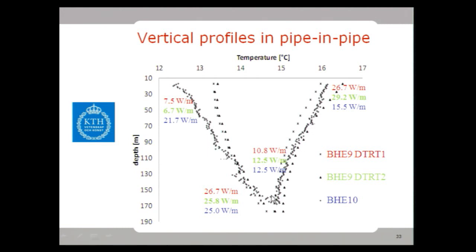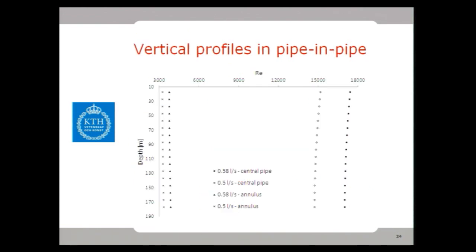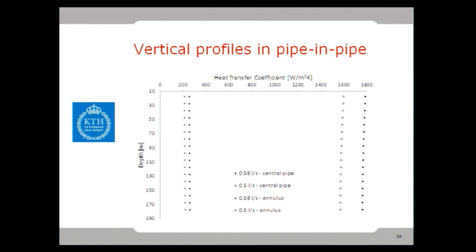And on the lower part of the borehole, the profiles are similar, but on the way upwards, there is a radical difference between BHE10 with the insulation and the BHE9, also evidencing the presence of the insulation, increasing the heat injection at this later upper part of the heat exchanger. The Reynolds numbers in this heat exchanger were very turbulent on the way downwards in this central pipe, and close to Reynolds of 3,000 on the annular channel. And this gives heat transfer coefficients changing drastically between the down and upgoing